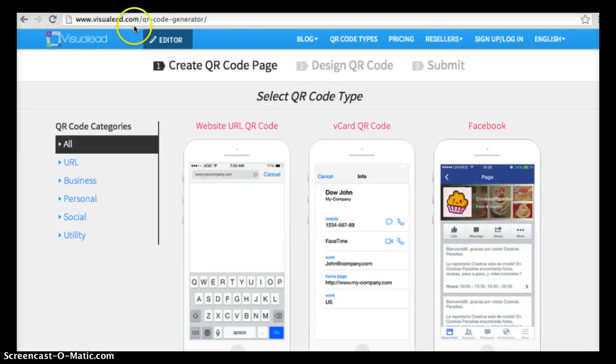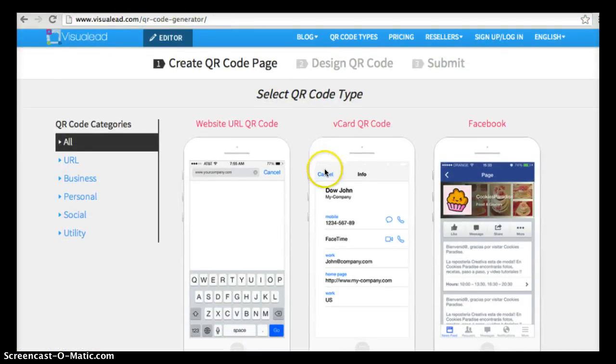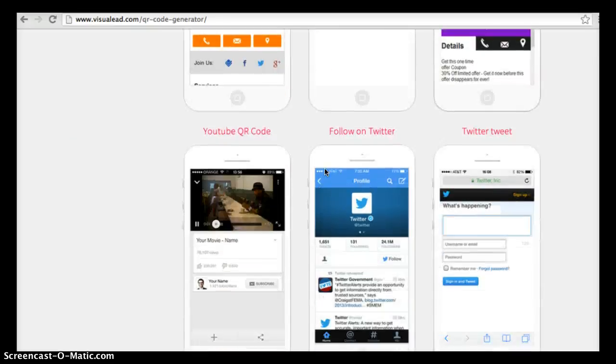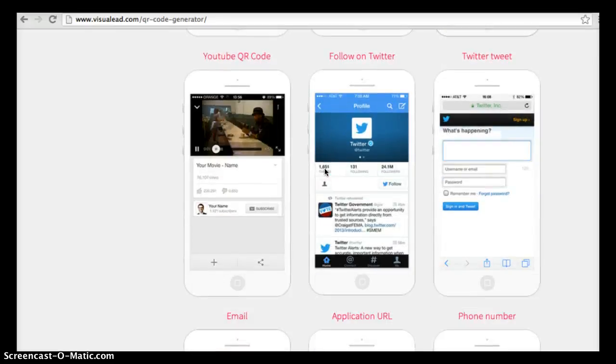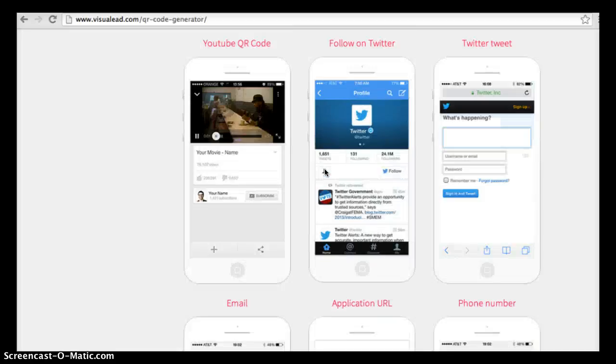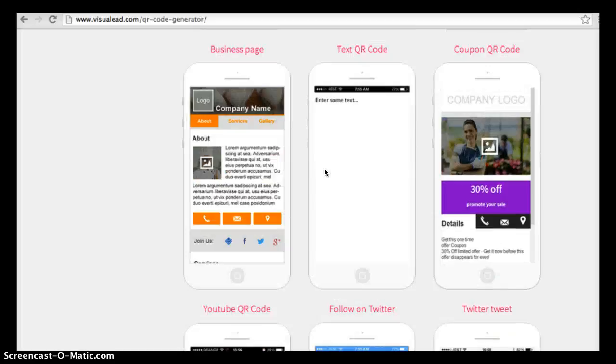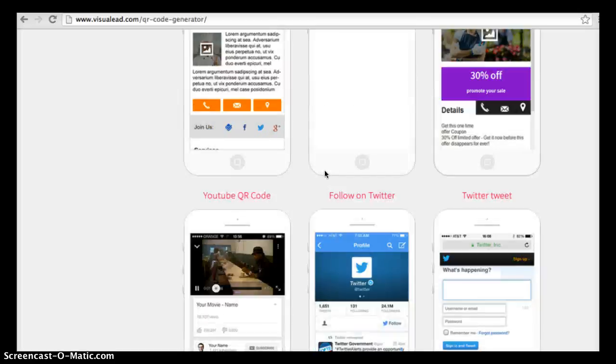This was another generator that I found, and you see there's lots of different types that you can create. The one that I found that I would like to use was one that takes you to a URL, but the problem with that is the URLs that I wanted to use are blocked by my school, so I couldn't actually use those. So I used the QR codes just as a fun little thing for the students to do